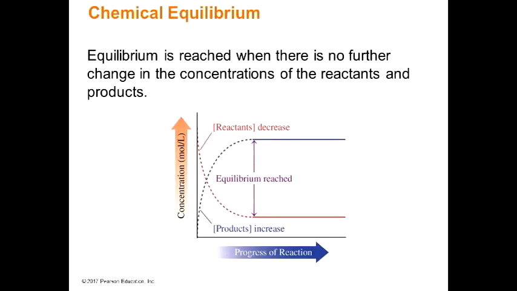All right, let's take a look at this. Equilibrium is reached when there is no further change in the concentration of reactants and products. So here you have the reactants. They decrease and they hit this point here and they go along here. The products go up like this because you get what? More product. You get it? So you get more product, less reactant, and when it hits that concentration where they're both happy being where they are,